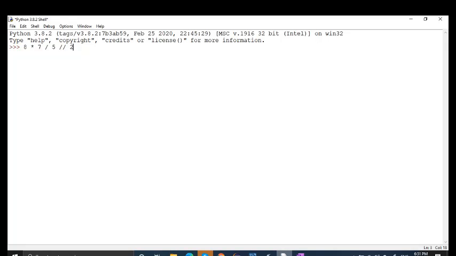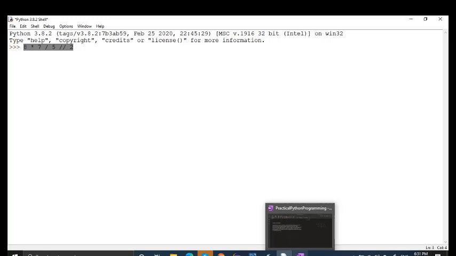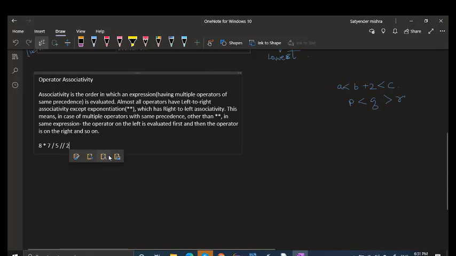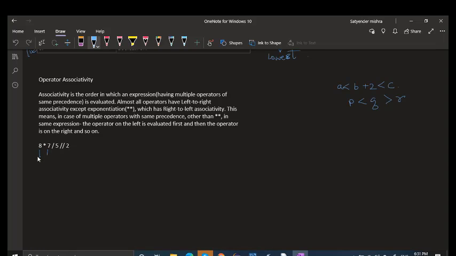So I've written 8 into 7 by 5 and then floor division by 2. What will be the result? It will execute like this. All the operators have the same precedence here, so first it will execute 8 into 7, which makes 56.